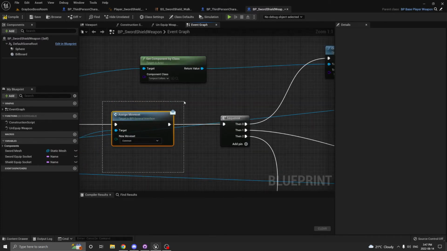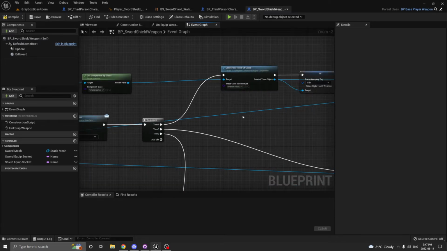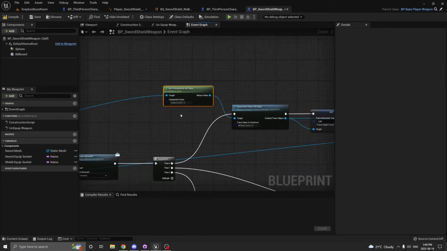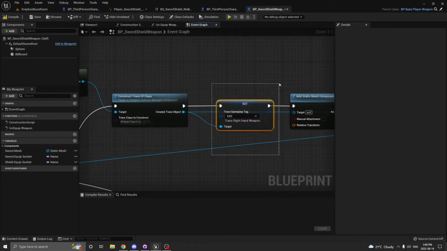And after setting the moveset, it's time to create the traces. I showed you in the overview that the traces are things assigned to weapons or to static meshes or skeletal meshes, however you like. It can be the mesh or the skeletal mesh of the player itself. It can be a different one that you add later. So for now, I'm creating a base trace object, simply getting it from the collision manager component